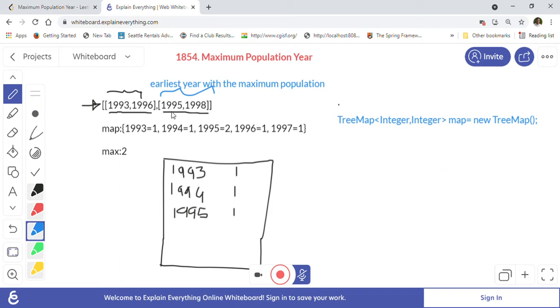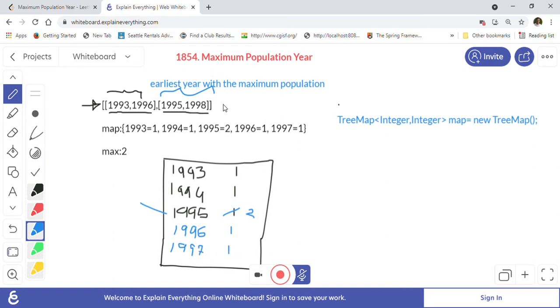For example, 1995 we will check, and we already have one entry, so we will just update this 1 to 2. So we will cancel 1 and write 2, and we will add new entries for this new person. One entry will be 1996, counted as 1, and for 1997 we will add one more entry, also counted as one person, right?